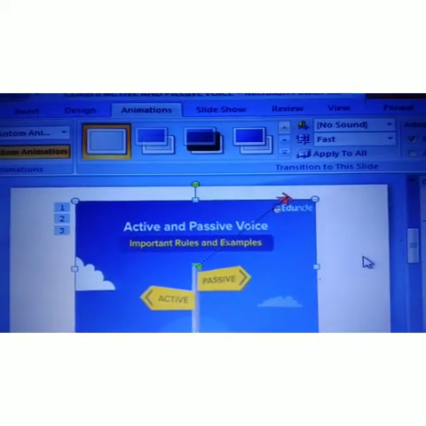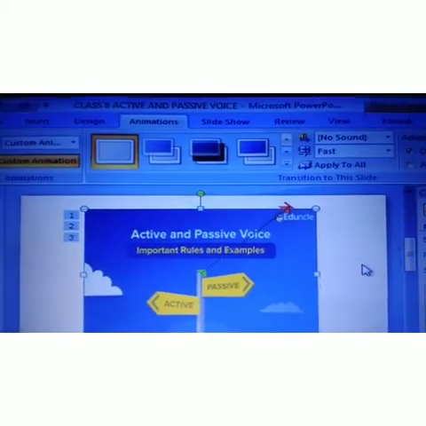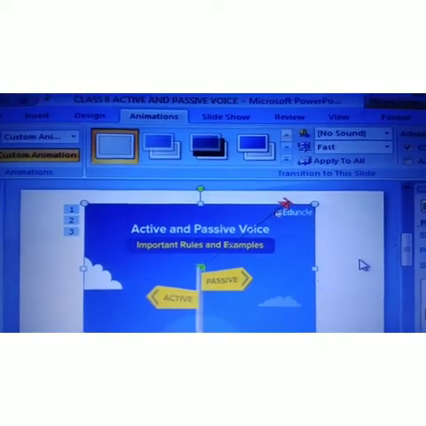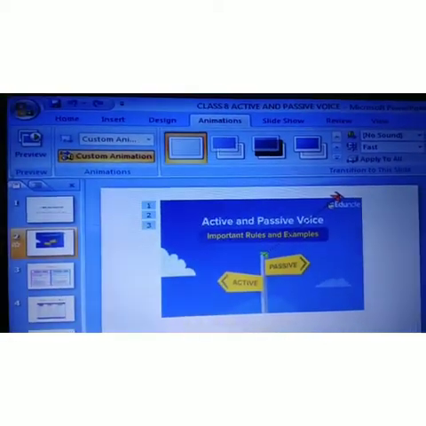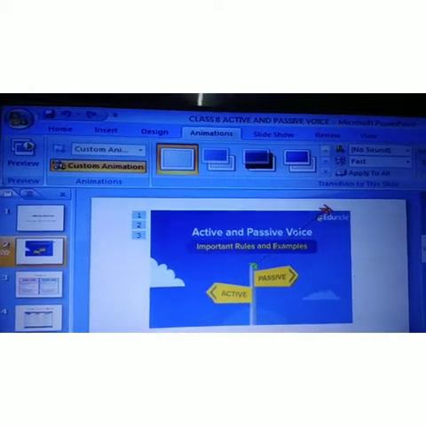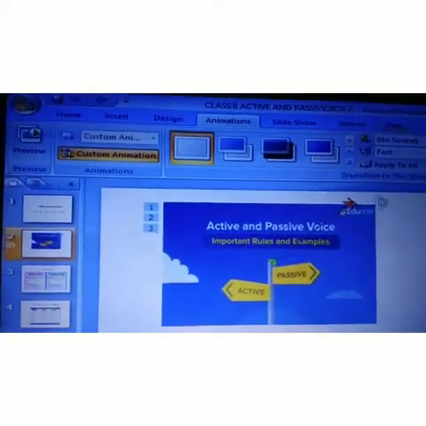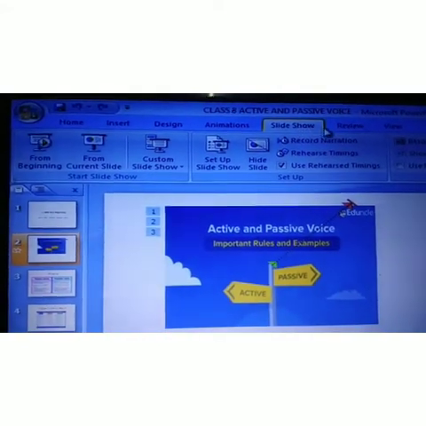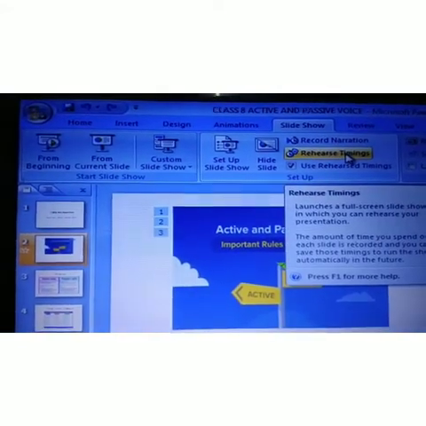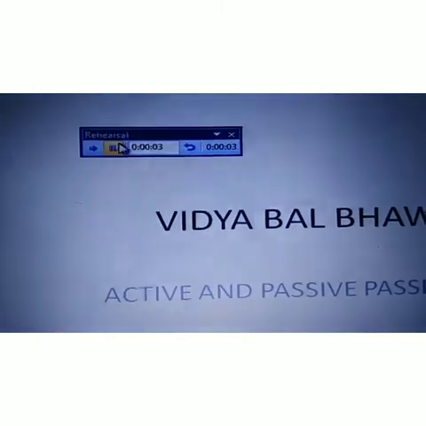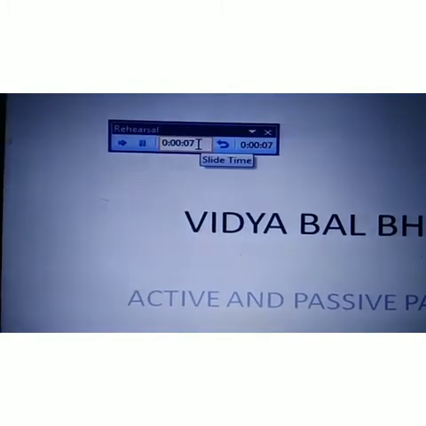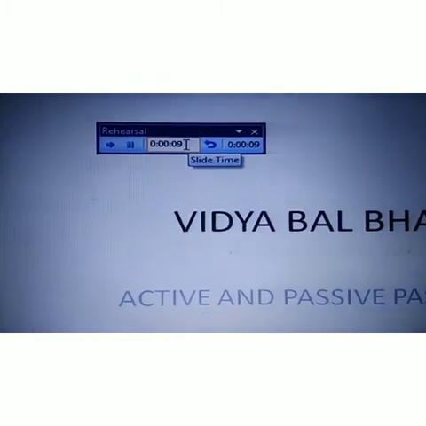So do practice at home in PowerPoint for chapter number 6 based on the chapter. Now students, the next practical is rehearsing the slideshow. In this practical, first of all go to the slideshow option. In slideshow you can click rehearse timings. Just click okay, and now you can see a rehearsal. So this is the practical of slide timing. Apply it in your presentation in PowerPoint.